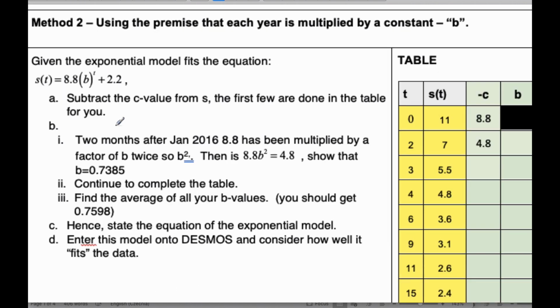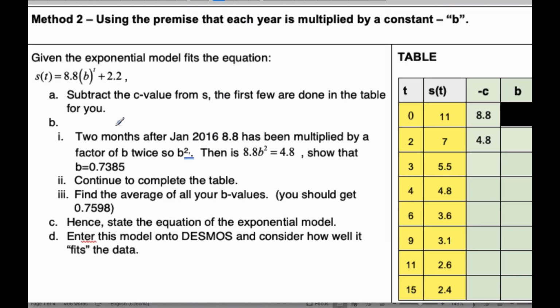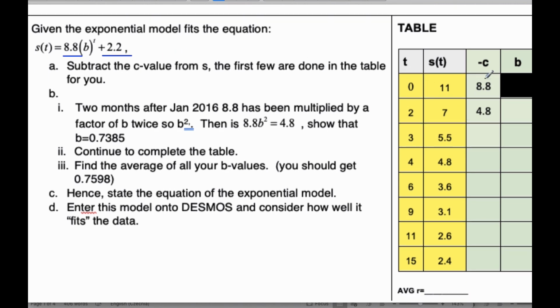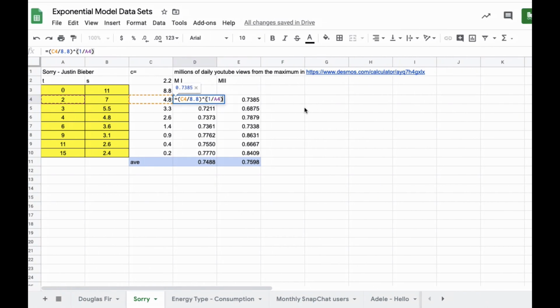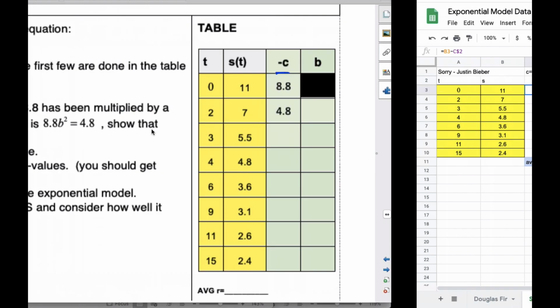And then we consider the second method. Again, A and C are both done the same way. But now that we've gotten C and we have our table, we're going to subtract C from all of these values. So we're going to work with this column here and so on. And if I look on the menu here, this is subtracting C from all these values here.